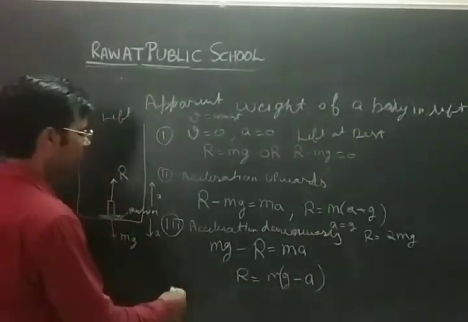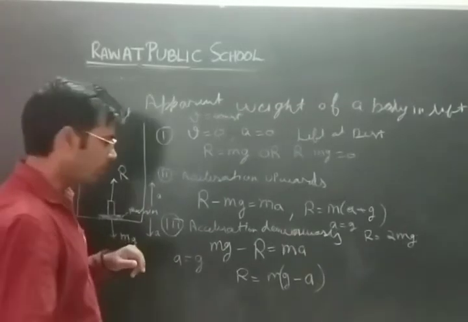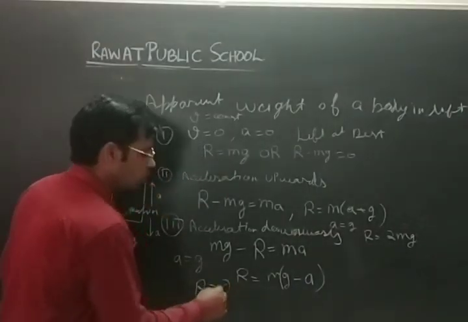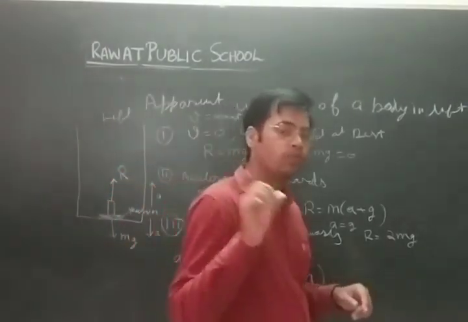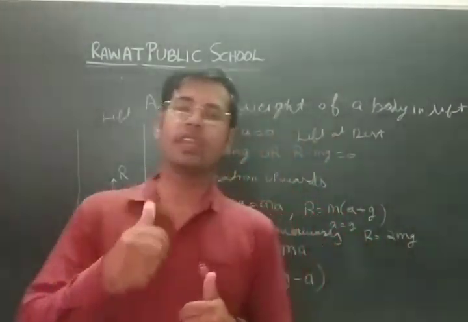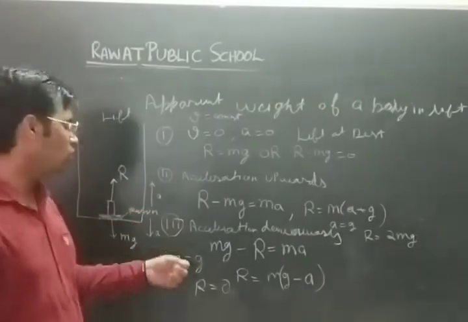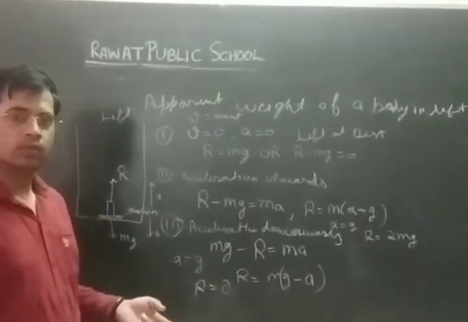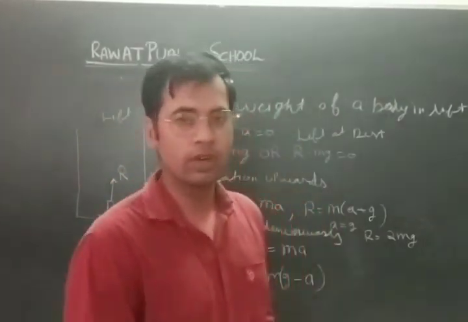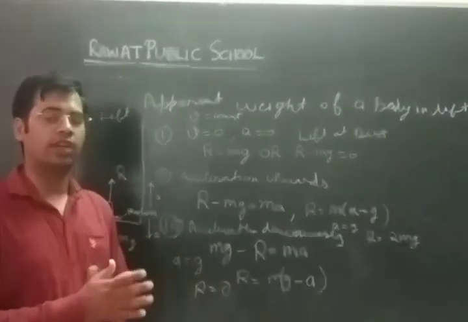Now in this condition, if the acceleration is equal to the acceleration due to gravity, what will happen? In that condition, R of the object is equal to 0. That means the object is under free fall condition, that is, the weightlessness condition can be achieved if this lift is moving downwards with an acceleration due to gravity. So in this way we can write the expressions for an object which is placed in a lift, and find out the apparent weight.